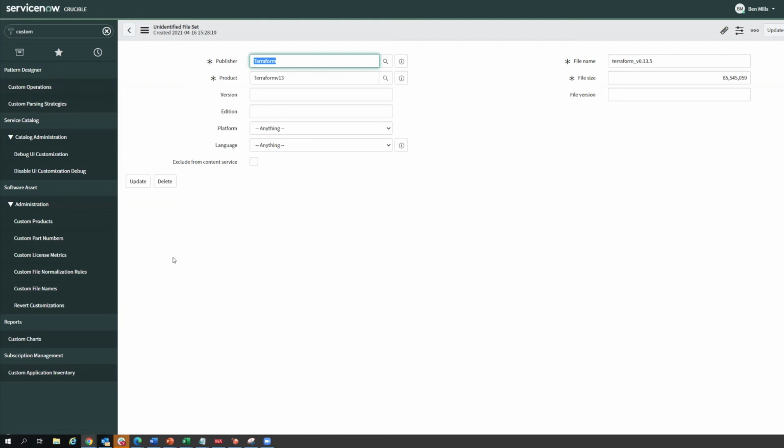Absolutely. So that's an excellent question. So let's talk about exclude from content service. So you're absolutely right. If this is a file that ServiceNow feels like should be added to the library, and